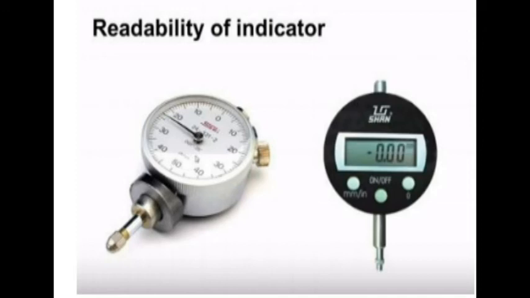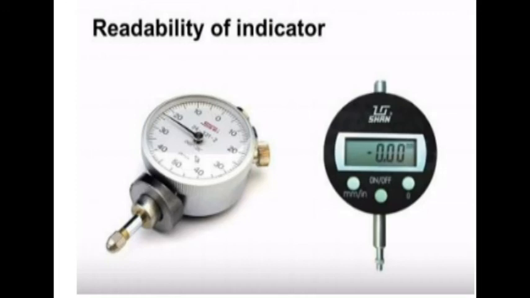Now the measurement errors in the dial indicator. We can see here in this figure we have a table on which the workpieces are placed. Now we have this dial indicator mounted on this arm. Now we insert the workpiece. What happens if the arm is not rigid enough? It will bend, and then we get a wrong reading.